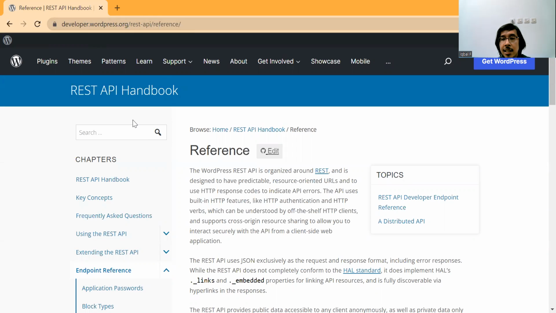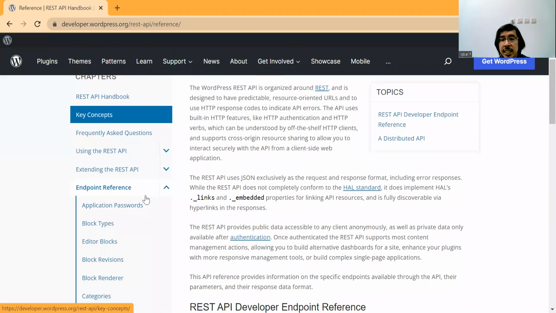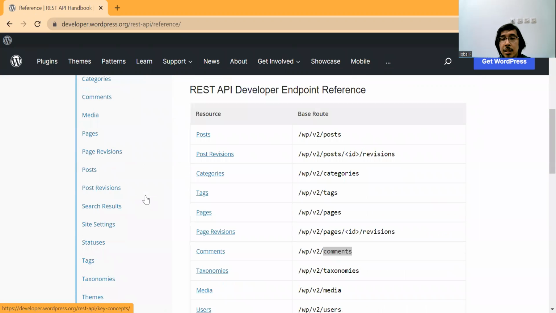For me this is quite clear, and you can know how to use it easily, and you can access it through Postman, for example, for another application besides the web browser, because the web browser is quite limited.